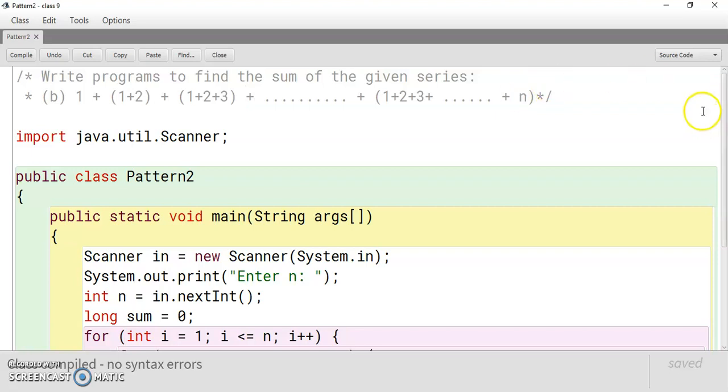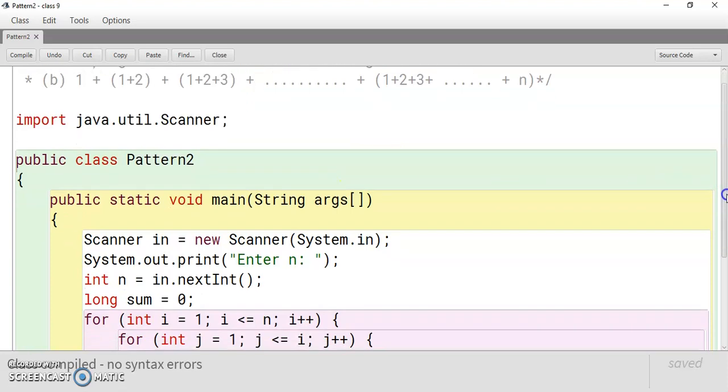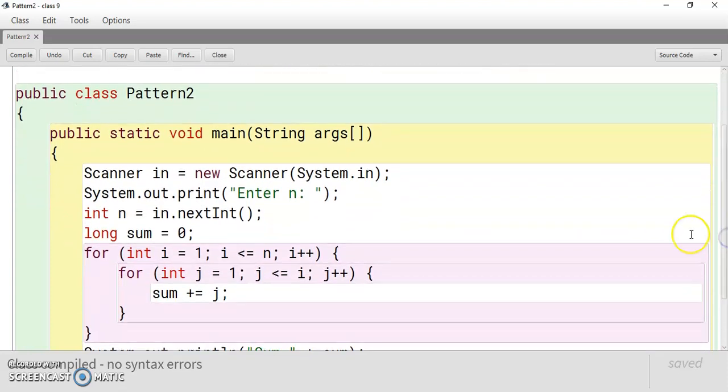So here we have input. So import java.util.Scanner is given, and the class name is Pattern2. Here n's value we have to give. So a Scanner object has been created, and see, enter n, int n equal to in.nextInt, then long sum equal to 0.